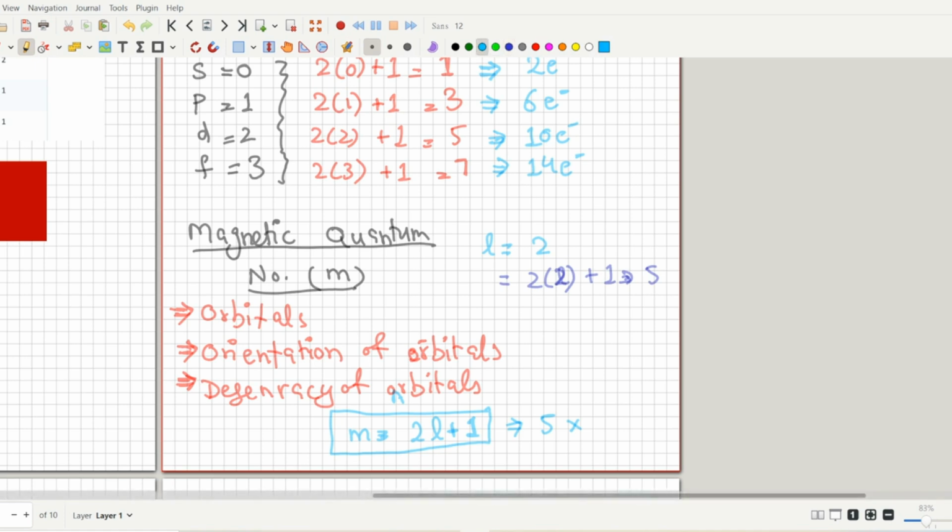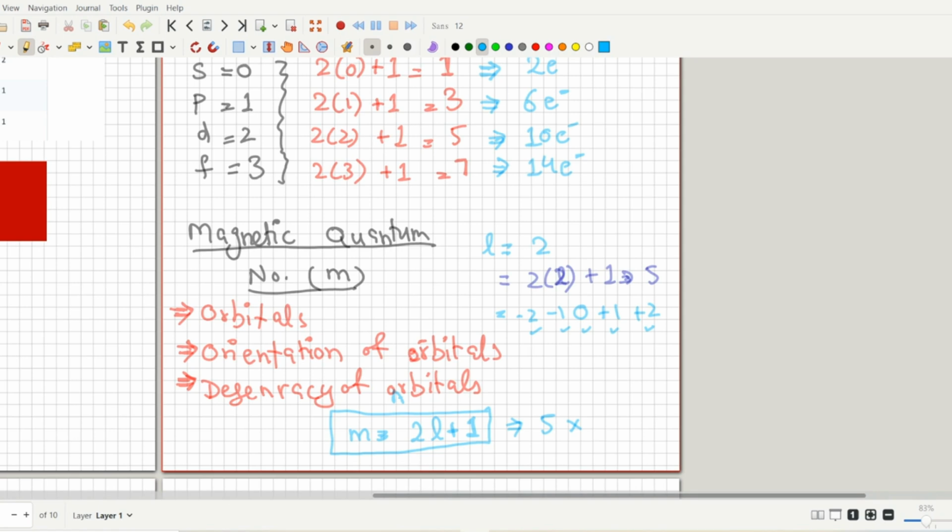The magnetic quantum numbers would be 0, plus 1, plus 2, and minus 1, minus 2. So 1, 2, 3, 4 and 5. So these are all the magnetic quantum numbers. And what do they signify? They are signifying the